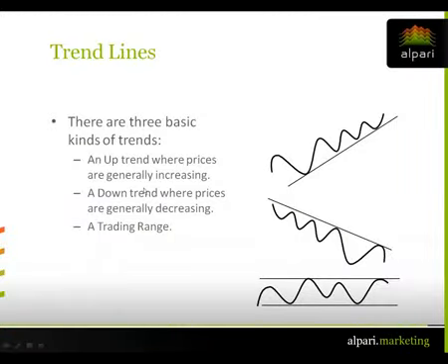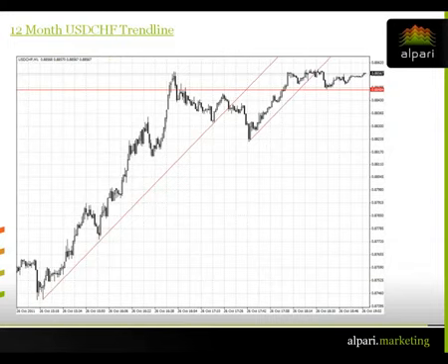Okay, let's get back to this. Now we look at that was support and resistance. We jumped across trend lines a little bit, but I've got a key example of a trend line now. Hopefully everyone knows what a trend line is. If you don't, it's there on the screen. I'll just read it through. 3 types of basic trends: uptrend, downtrend, and a trading range. So very simple. Uptrends going up, downtrend going down, trading range going sideways.